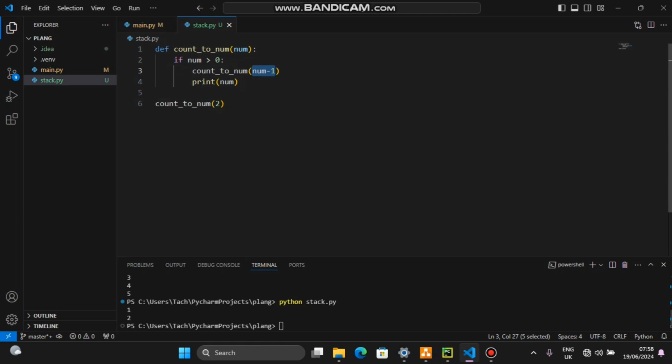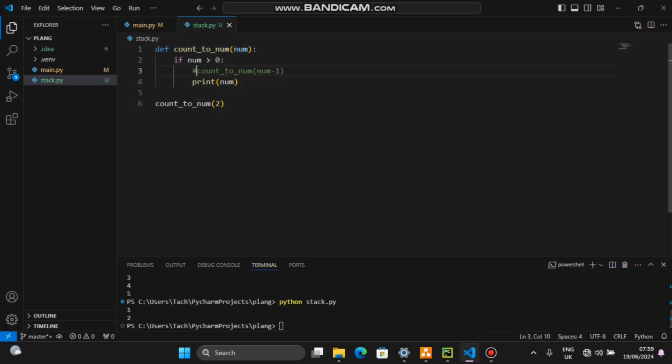So in the first iteration, because 2 is greater than 0, it will run this function, then it will print out 2. I mean, it will run this function first. So inside this function again, it's this function. It's like some sort of a loop. So it will run this function, and when it reaches this block here, it will run this function again, but this time the number will be 1. So it will start by printing 1 first instead of 2,